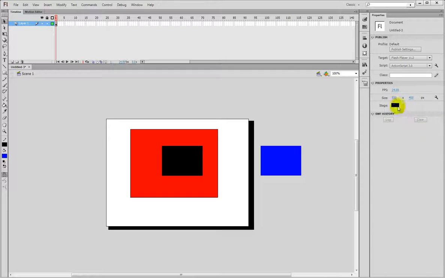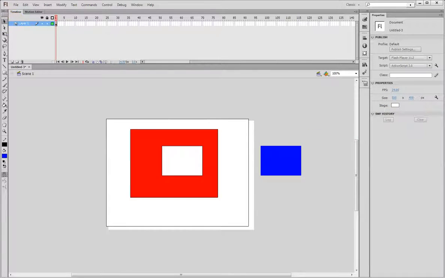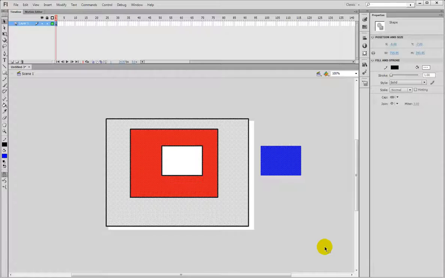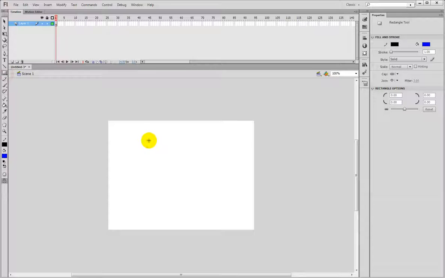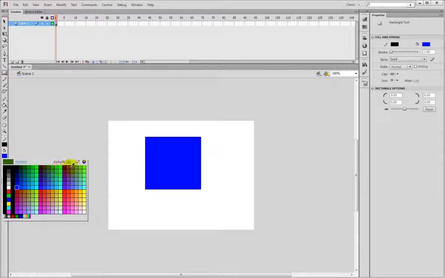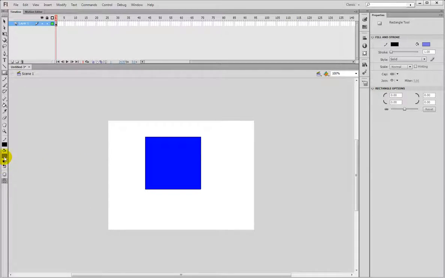I can change my stage to white. A very important part to know is that Flash has an option for alpha or transparency, and it's basically how see-through or how not see-through your colors are. So 100% means it's perfectly visible, and 0% means you can't see it at all. And you can see here in this color picker that my color has kind of gone away, and that grid there is basically just to show you how see-through